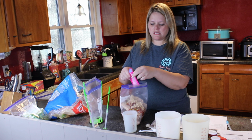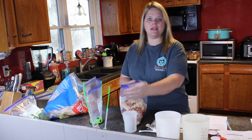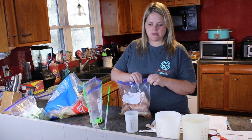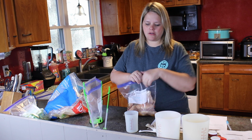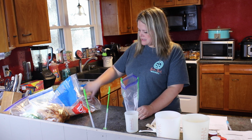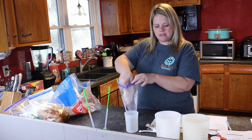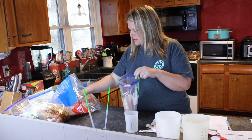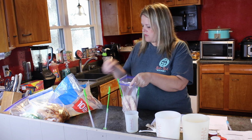Now, if you took the time to slice your chicken first, that's great, but if you didn't, you will want to slice these after they cook. All right, so the salsa verde chicken is the same thing. Do about six to seven boneless, skinless chicken breasts. There's 3, 4,